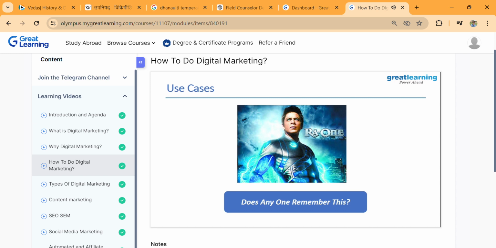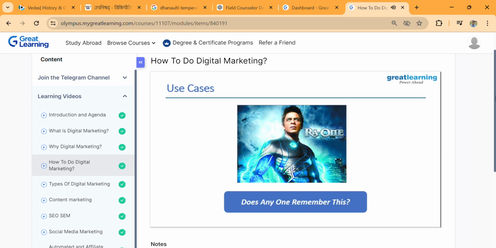So if you talk about use cases, what you see on the screen is an image from a movie called Ra.One. If you've already guessed it, the actor is Shah Rukh Khan, and he is a Bollywood star. We all know of him, right? So this was one of the few sci-fi movies that we had in India, where you have a gaming superhero coming into the real world, and there was a lot of hype for this movie.